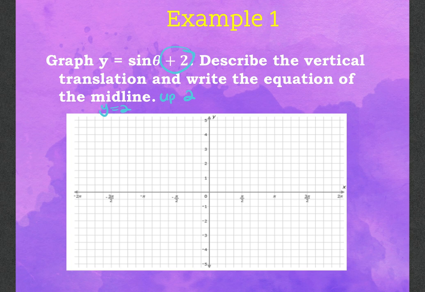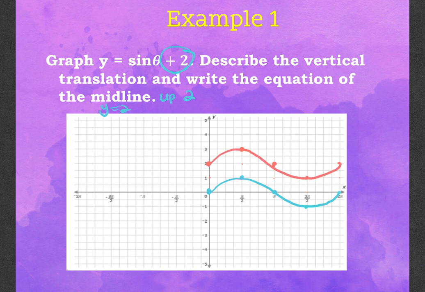So I'm going to do both methods. If I was to graph my original function, this is sine, so we'd start at 0, we'd go up to 1, down to 0, down to -1, and back up to 1. So my graph would look like this. My midline would be at y equals 0. And then I can literally count up each of those coordinate points 2 places. So I can here, 1, 2, here, 1, 2, here, 1, 2, here, 1, 2, here, and then I can